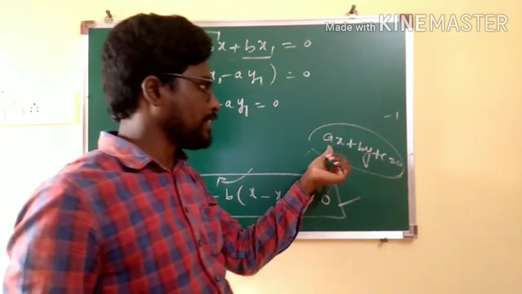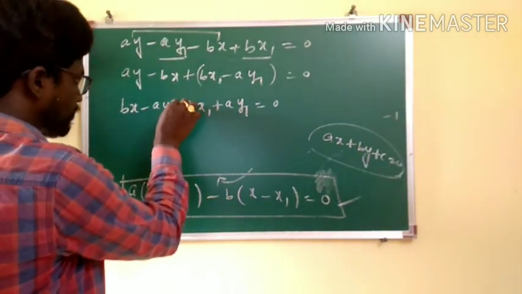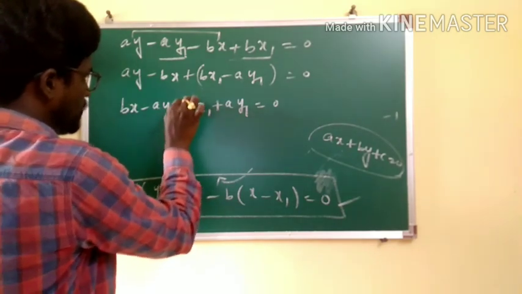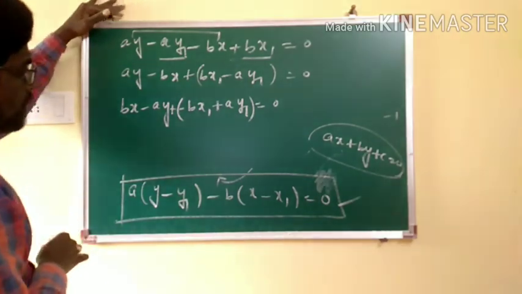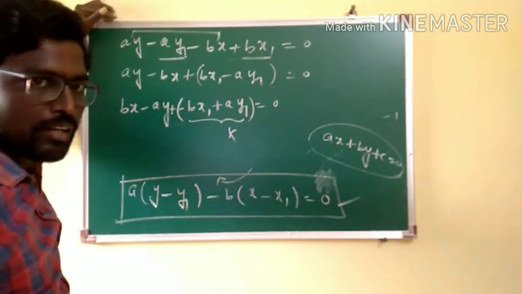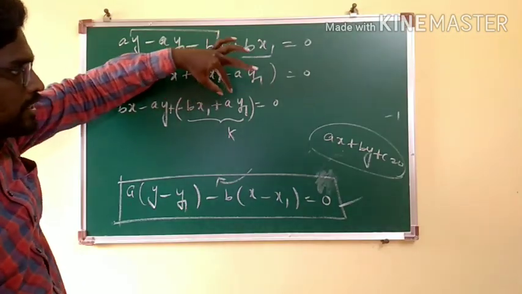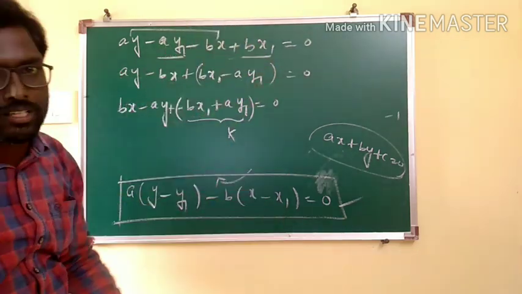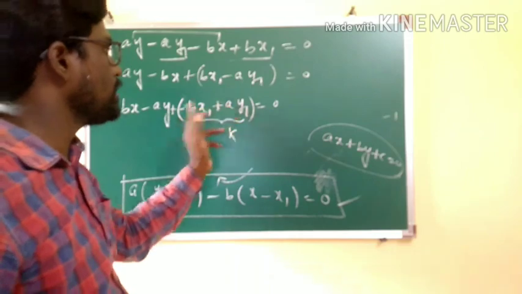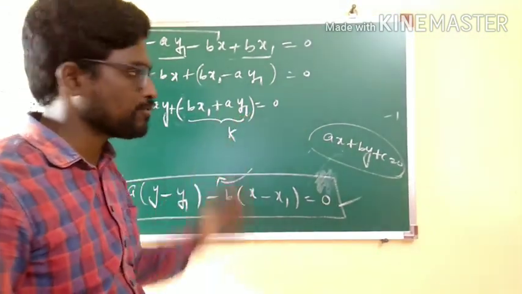See, if the line is ax plus by plus c equal to 0, then the required line is going to be bx minus ay plus k is equal to 0. Why is it some constant? Minus b is constant, x1 is constant, a is constant, y1 is constant. Here x1, y1 are the given coordinates already, and a and b are the coefficients of x and y in the given line equation. Therefore, it is going to be some constant.